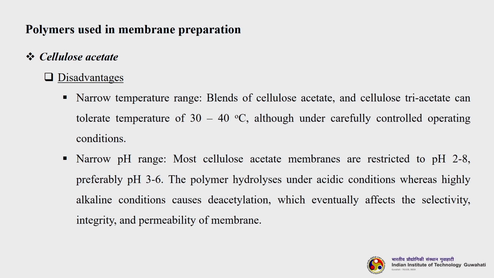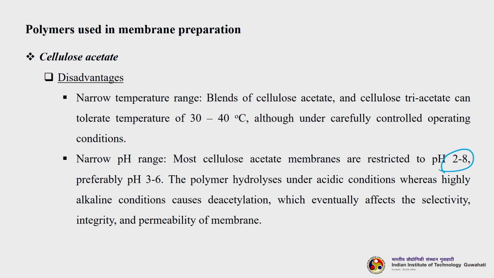The first disadvantage is that it has a narrow temperature range. It cannot withstand higher temperature. The temperature that can be used with this membrane is between 30 to 40 degrees centigrade, although under carefully controlled operating conditions you can go a little beyond that. Another disadvantage is a narrow pH range. Most cellulose acetate membranes are restricted to pH 2 to 8 and a few can go from 3 to 6. The polymer hydrolyzes under acidic conditions, whereas highly alkaline conditions cause deacetylation. Then the cellulose acetate will go back to cellulose,